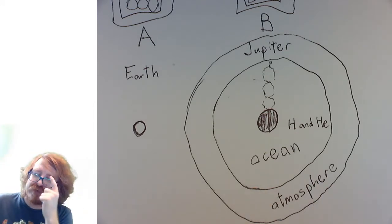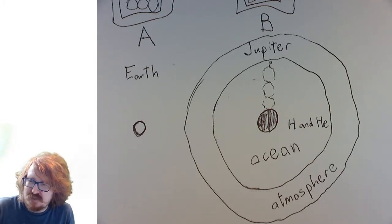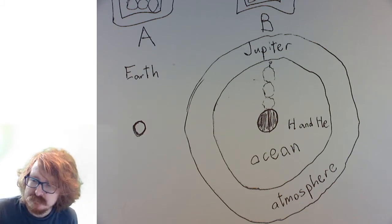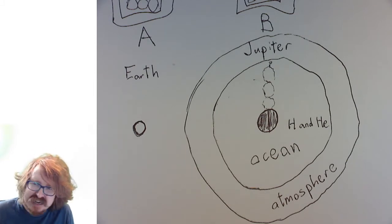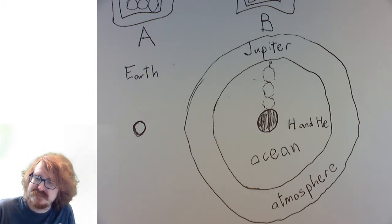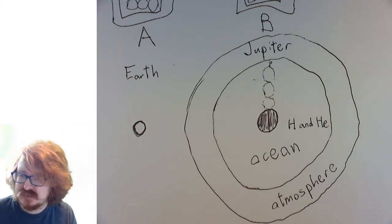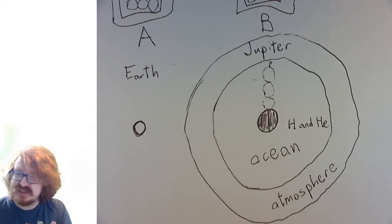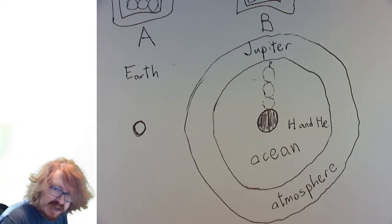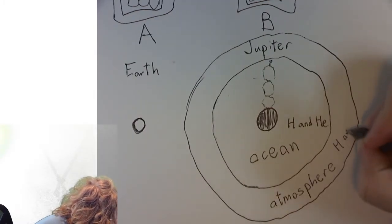So what's this atmosphere made out of, if you were to take a guess? What's this atmosphere probably made out of on Jupiter? There's not enough oxygen in our solar system. There's not enough carbon dioxide in our solar system. Hydrogen and helium. So the atmosphere of Jupiter is also made of hydrogen and helium,